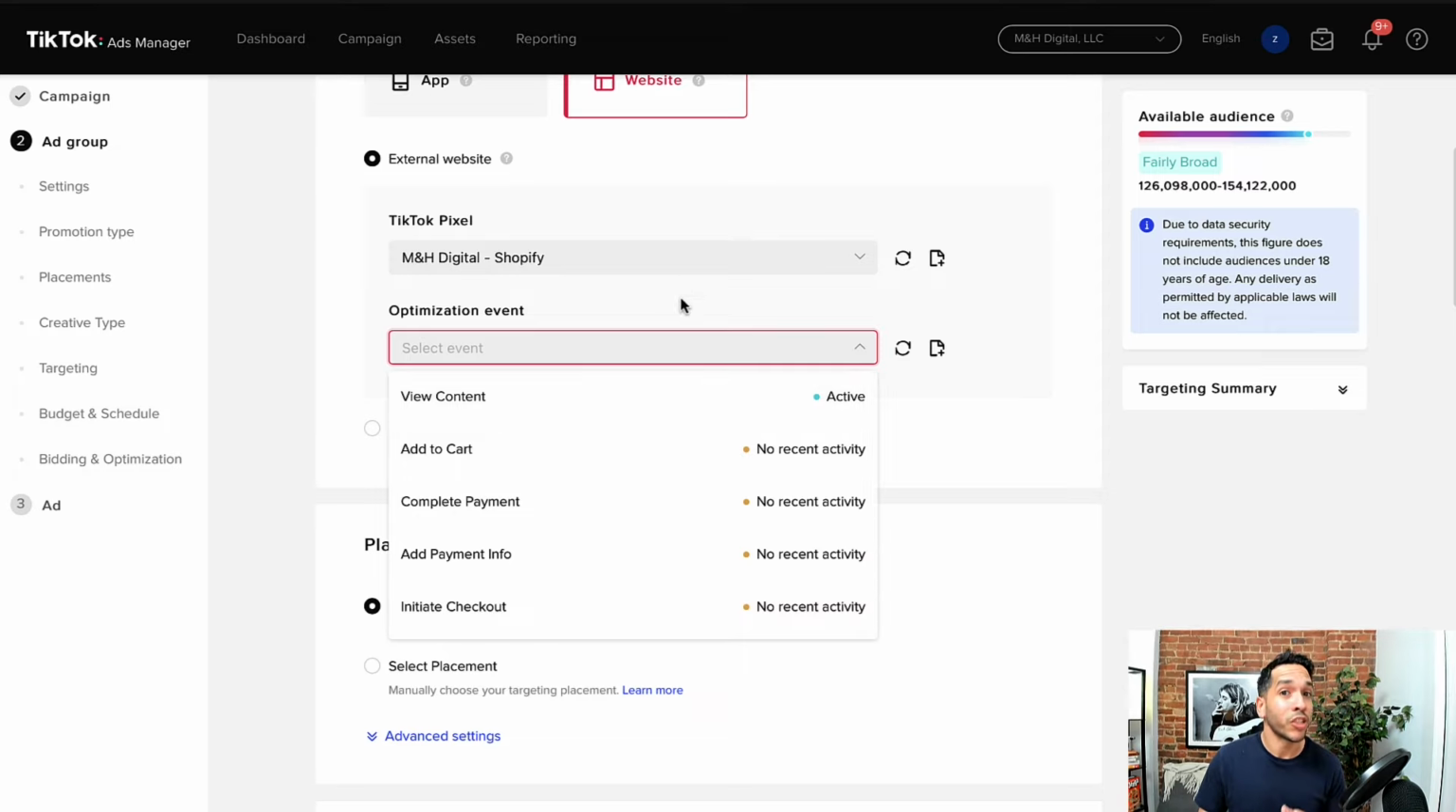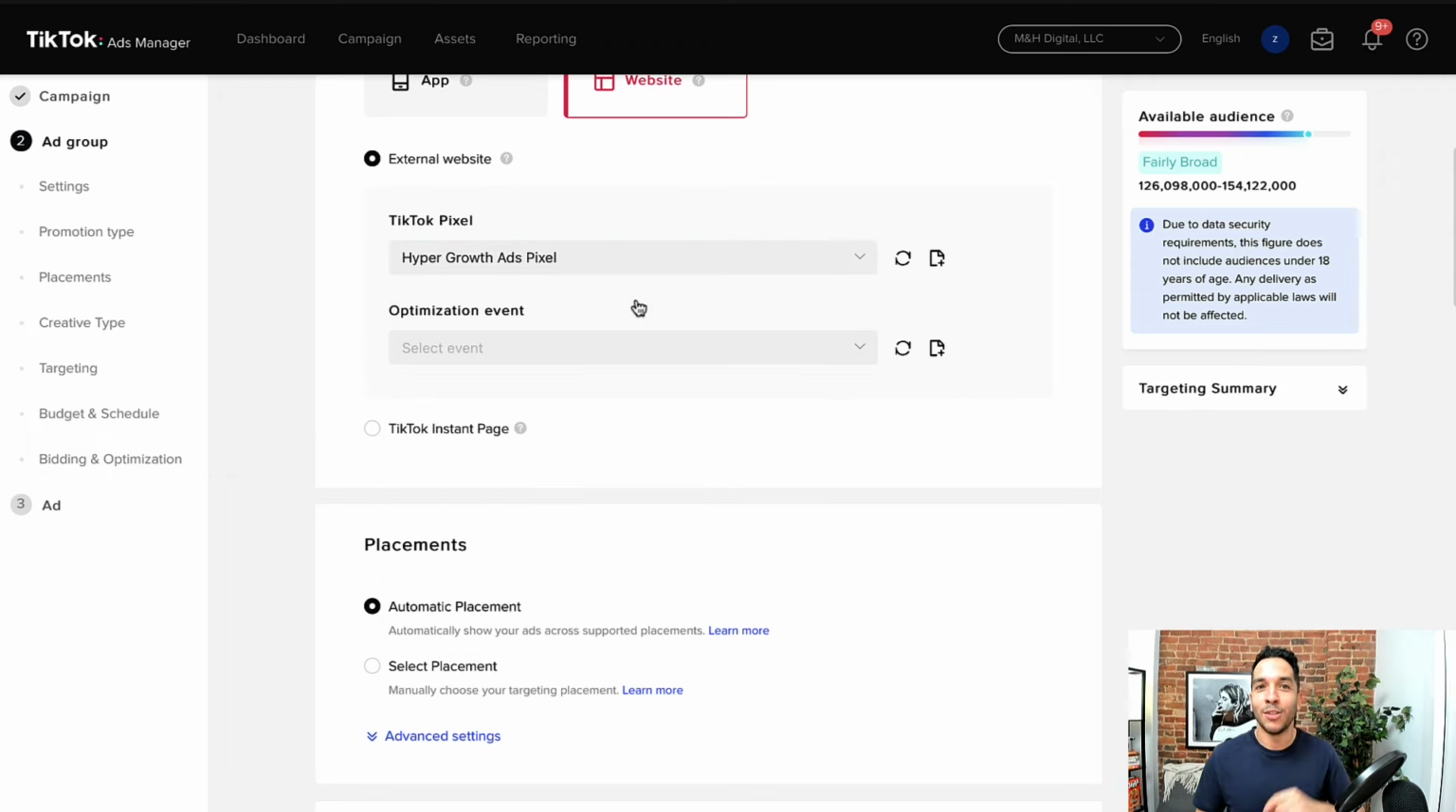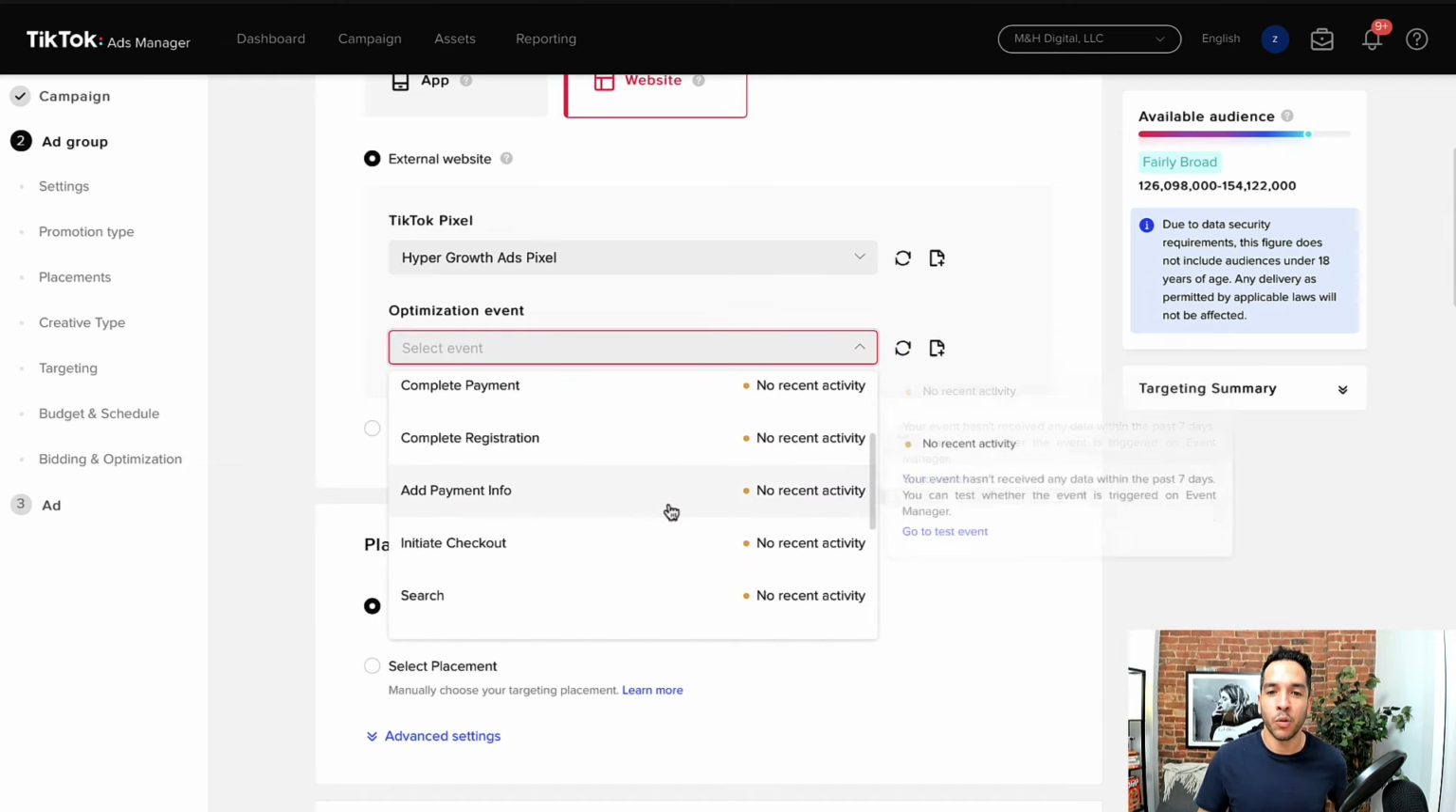This is a conversion campaign, so the algorithm's trying to optimize based on your pixel signals. If there is no recent activity, that means there's limited signals. That means your performance isn't going to be that great. So I'm going to go back to my first pixel, the hypergrowth ads pixel, and I'm going to go to